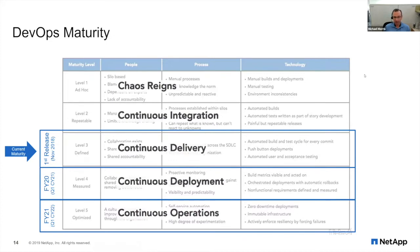By the end of next April, we're going to achieve continuous deployment. And really what that means is advanced application release capabilities that allow us to speed changes even more so to production. But when we do that, have protections in place in case something goes wrong. So things like canary releases and blue-green releases and automatic rollbacks of production changes that reduce the risk of deploying